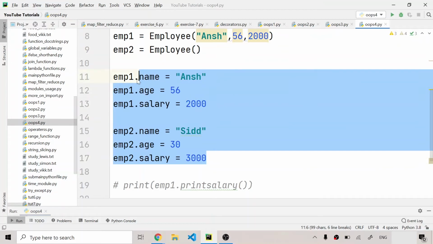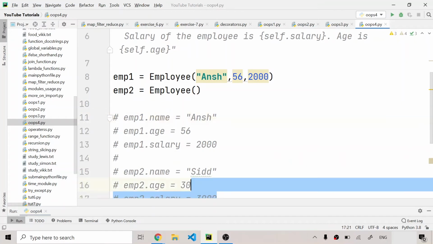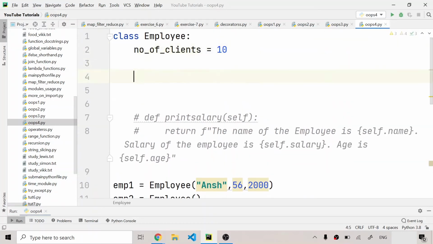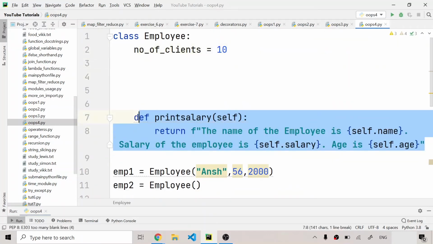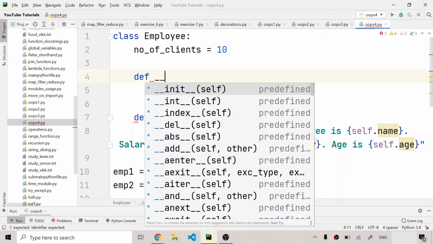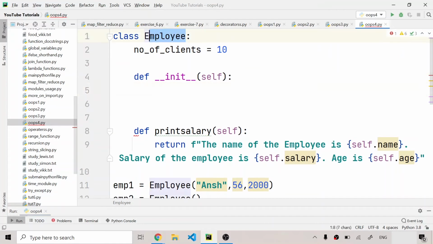So I'll comment this out. I am not initializing instance variables for each object, because this is basically repetition of code, and we are now moving on to the advanced part of Python. So we should focus more on optimization and how we can reduce the repetition of code. So to make a constructor, actually I will uncomment this, and after that I'll write def. And if you want to make a constructor, you need to write underscore underscore init. Now init acts as the constructor of this particular class Employee, and after that you can provide arguments in it.